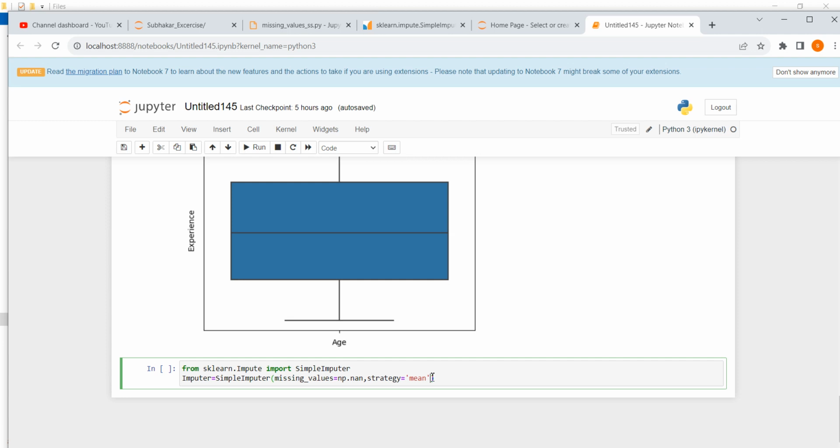I will explain: strategy is nothing but, for the cells which don't contain values, we will apply the strategy accordingly. What strategy we are applying here is mean, which means it will calculate the mean of all the values and put the value into the empty cells. So that's why I am applying the strategy equal to mean. Okay, then